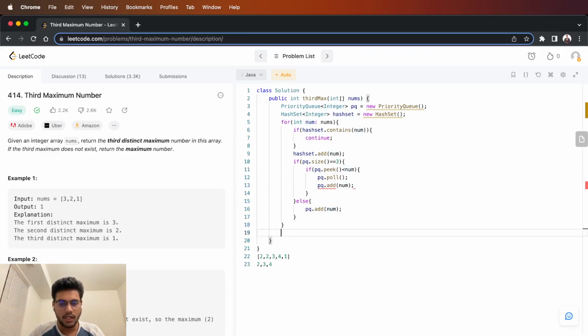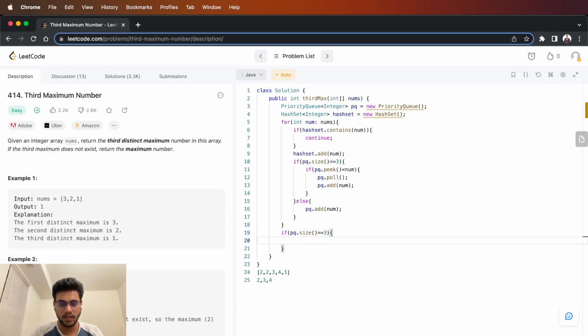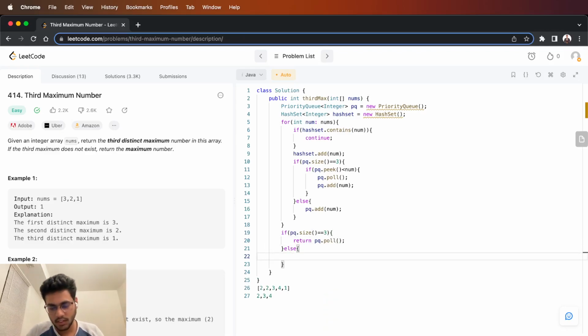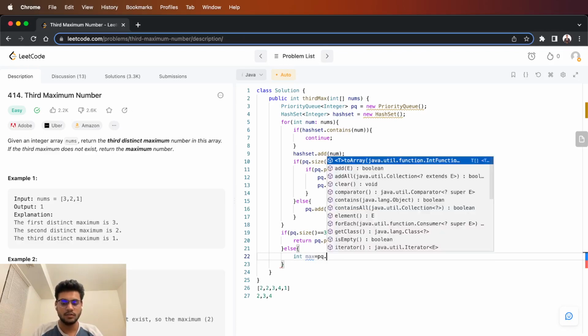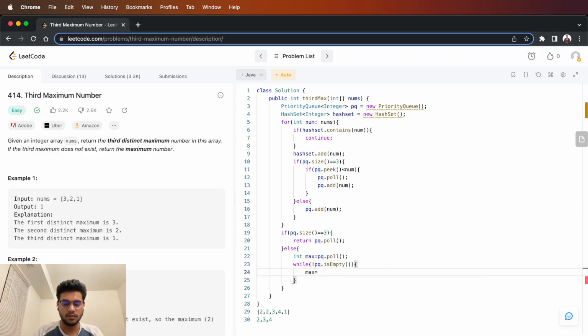So at the end of this, I'll have a PQ. And what I need to do is check if my PQ.size is equal to 3. If it is, then I'm going to return PQ.poll. That is the first element. Else, if my size is not like that, what I need to do is return the max of all the elements of this. Else, int max is equal to PQ.poll while my PQ is not empty. While it is not empty, my max will be